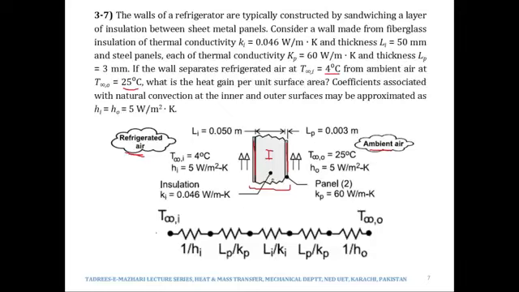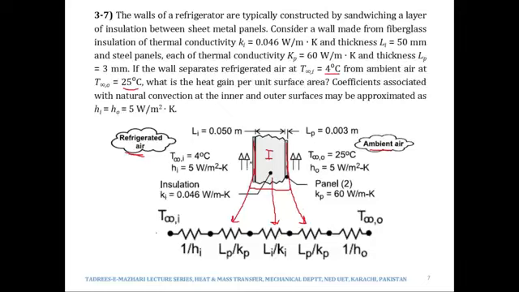So see, there would be a conductive resistance offered by the insulation, which would be L over KA, and then there would be the conductive resistance offered by the sheet metal panel, which would again be L over KA, and then we have the panel on the other side of the wall, on the other side of the insulation. So it will also offer conductive resistance in Cartesian coordinates, which would be represented as L over KA,